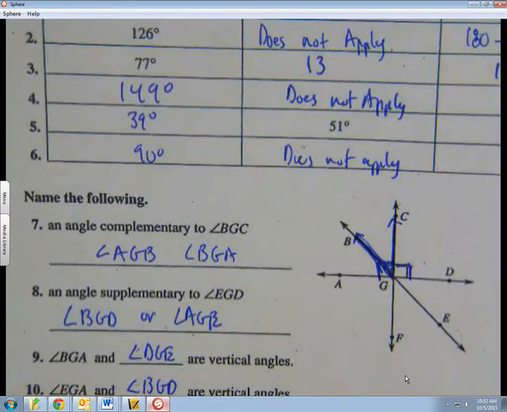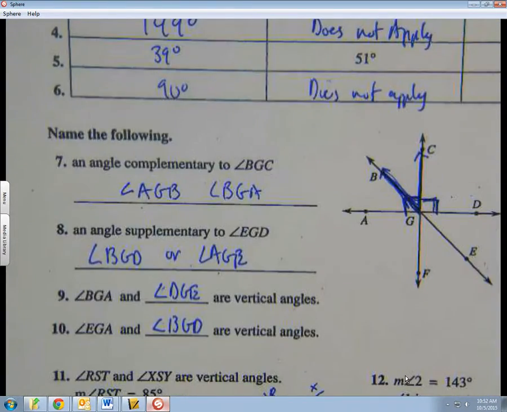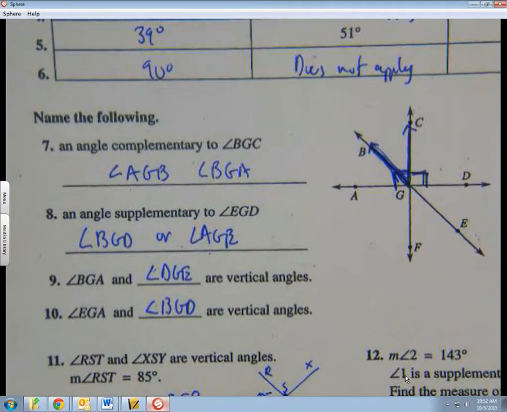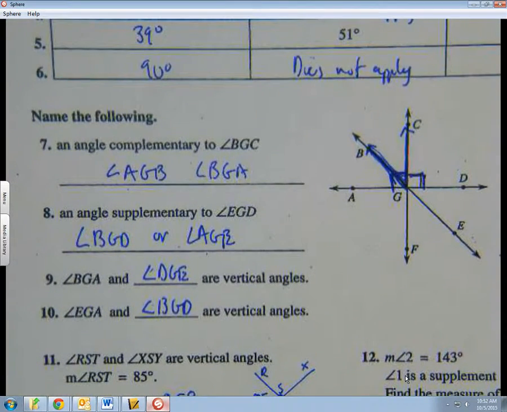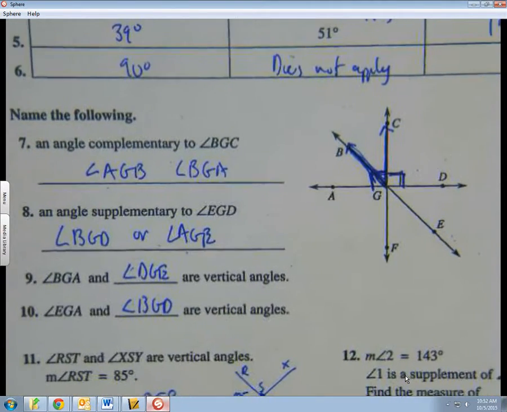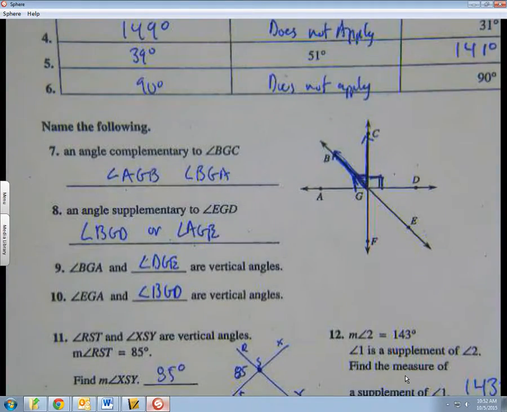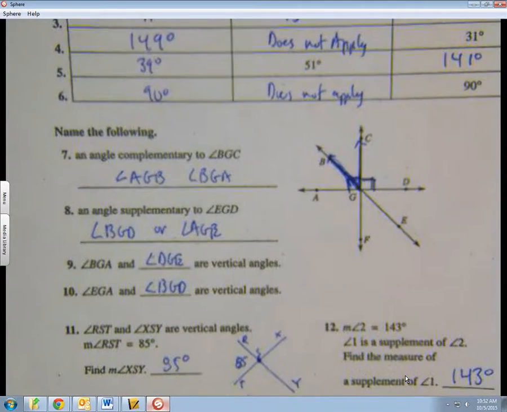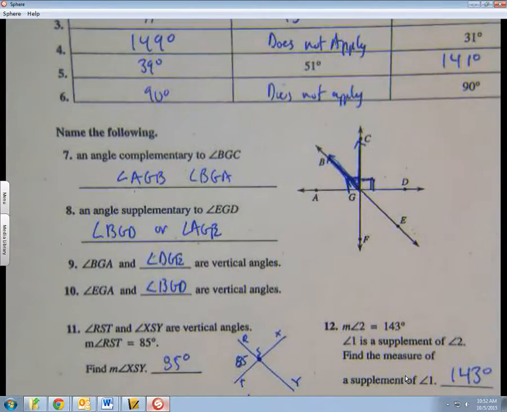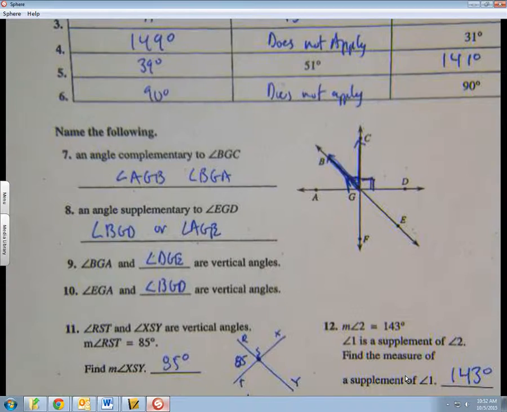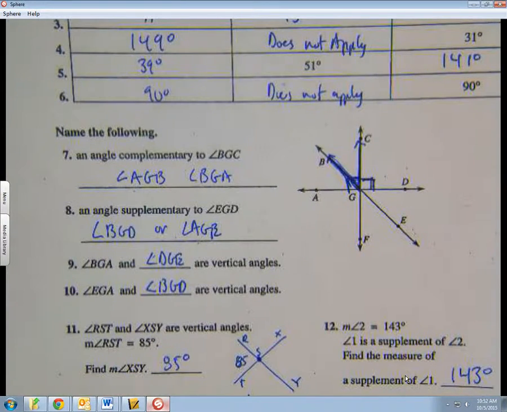Down here is the bottom section, and then 12 is 143. Okay, so that is that. Hopefully that helps, and this is the last section in the chapter, and we'll move forward with the test early next week. So yeah, work